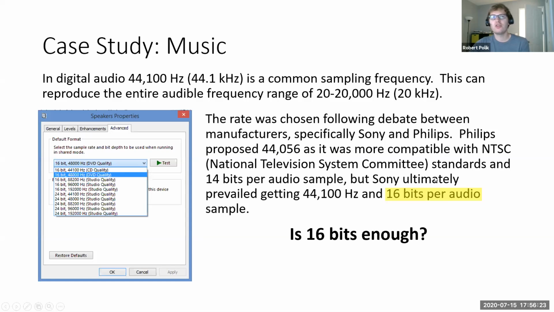So whatever 2 to the power of 16 is, you can't get any distances any more precise than that between those. So if your analog signal is perfect, your digital isn't quite as good. So that raises the question: are these 16 bits that you're encoding onto your CD enough? And to answer this, we need to utilize information theory.